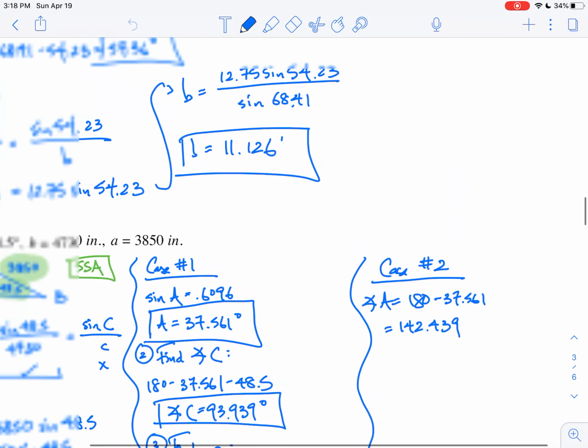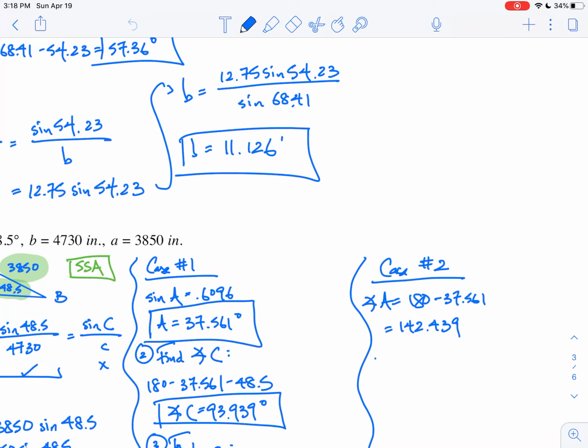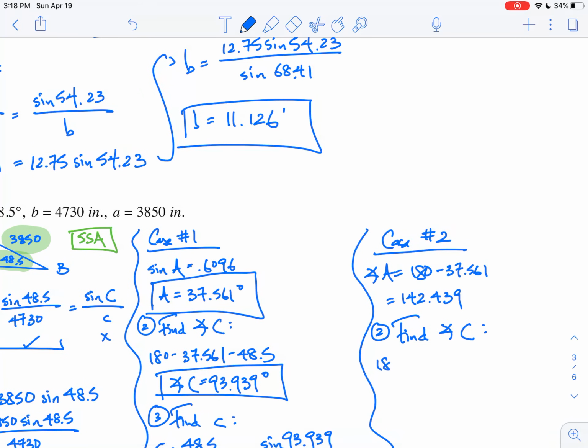Okay, so let's see. Do we have enough degrees left to find angle C? So 180 minus 142.439 minus 48.5 gives us negative